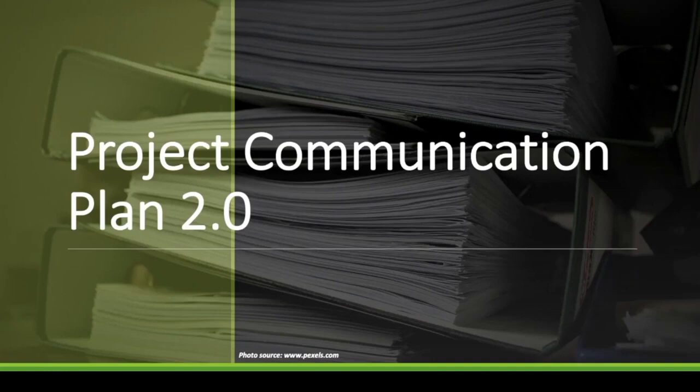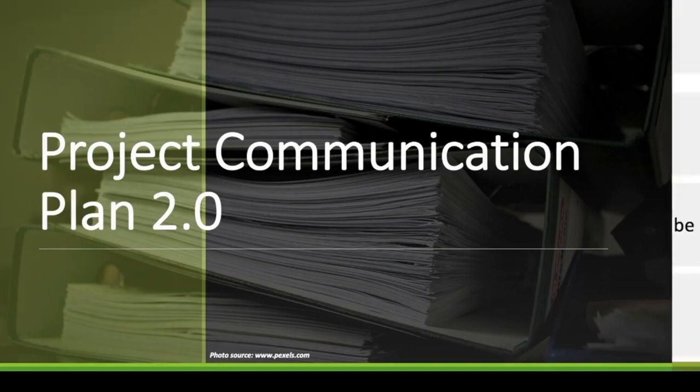So, project communication 2.0. One of the key components, and one of the things I've been teaching for years and years, is take your communication plan, the one that you have today, that you're all using across your projects, and add new components to that. Okay, so add the different components. We'll walk through what those are, and then we're going to have a spin to those.